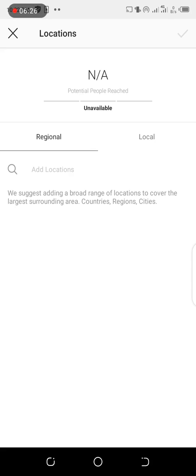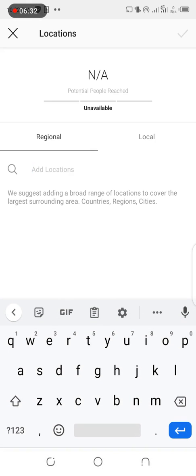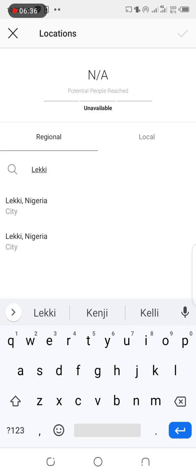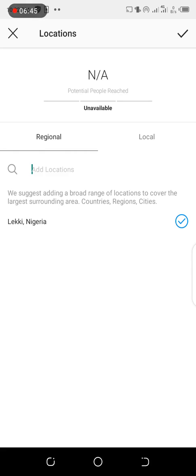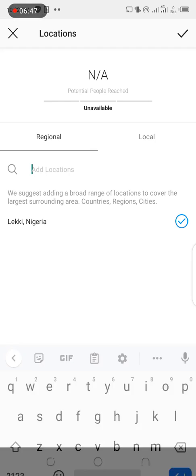Let's say, for example, for Lagos, let's say I want to target Lagos. I will type here, let's say Lekki. This is a highbrow area in Lagos, Lekki, Nigeria. You see it? It's a city. Right? Now, to get highbrow areas in any country, you can just go to Google. Google is your friend. Right? You want to target